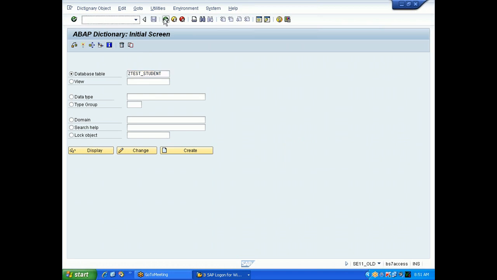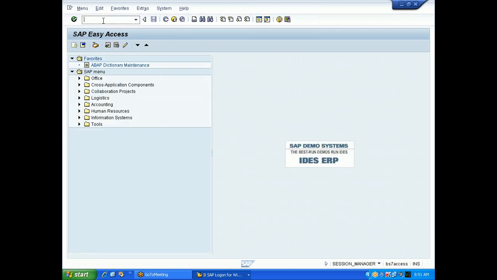If I give the transaction in the command prompt, the screen goes directly to the table maintenance generator, so that the customer can enter there directly. So, how to create a transaction and assign it to the table maintenance generator. Now we are going to learn how to create a transaction for the table maintenance generator.